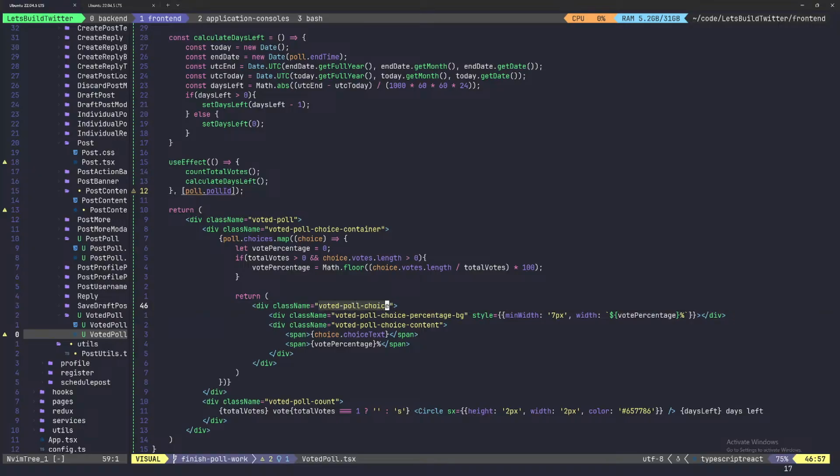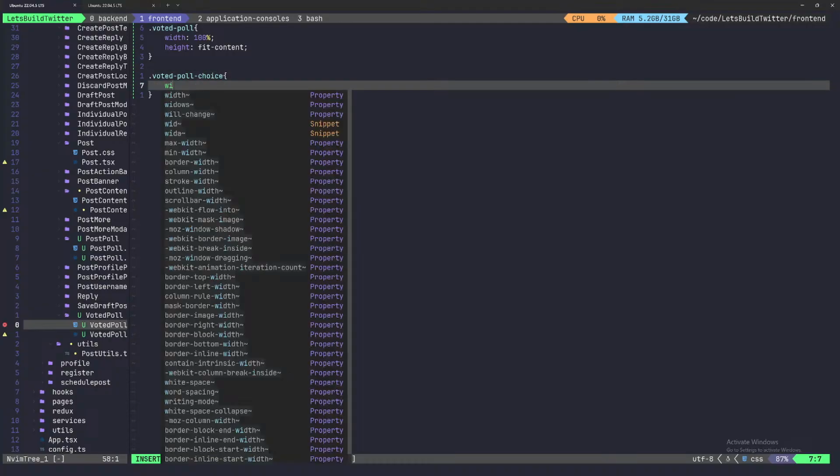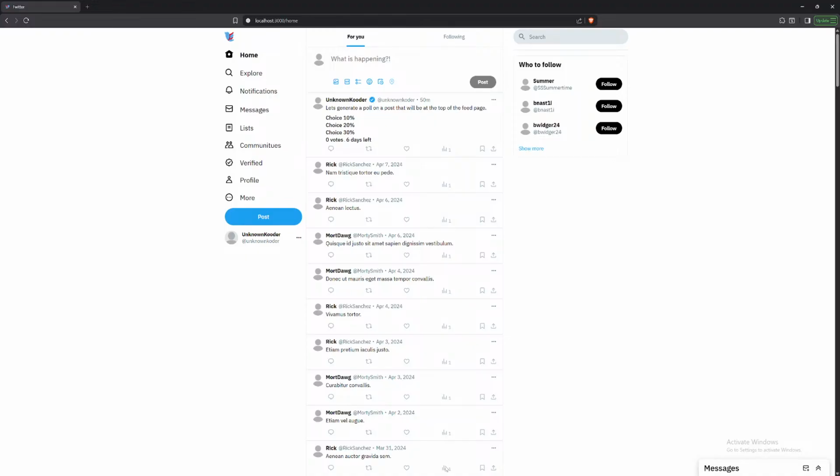Let's copy the poll choice and paste it in here. So our poll choice width is going to be 100%, and then we need a height on it. Height is going to go ahead and be, if I could pull up Twitter properly. So the height on this is going to be, let's see here. Height will be 32px, and there is a small gap between these,